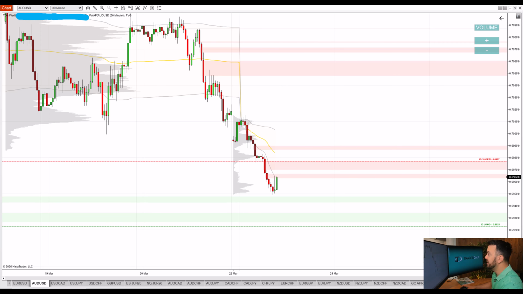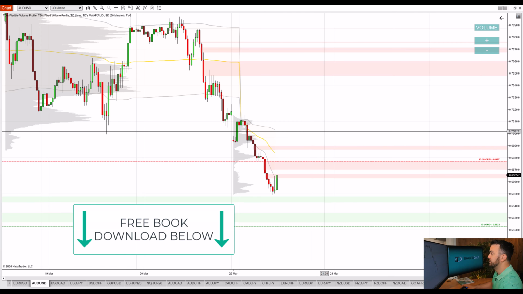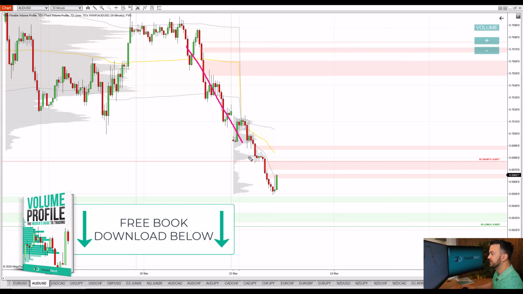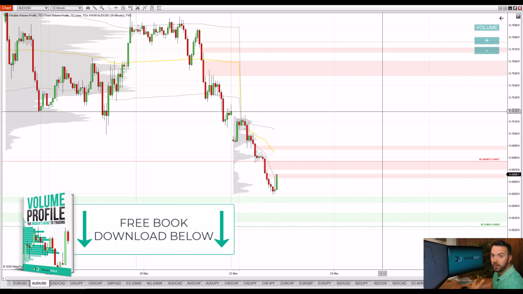And in here I want to show you a new resistance which formed earlier today. The resistance is in here at 0.6977, and it is based on a combo of two trading setups. The first setup is a volume profile setup. Let me show you. When the price is trending like this, what I like to do is trade pullbacks to